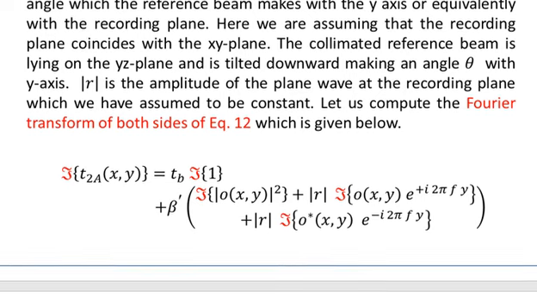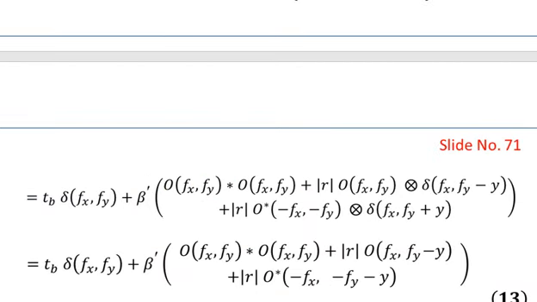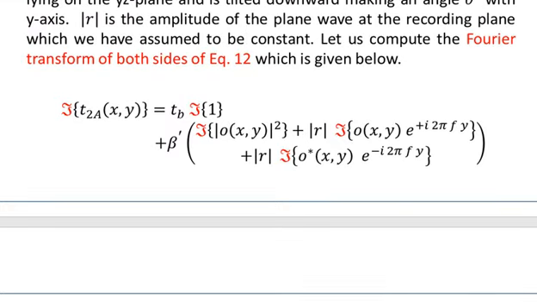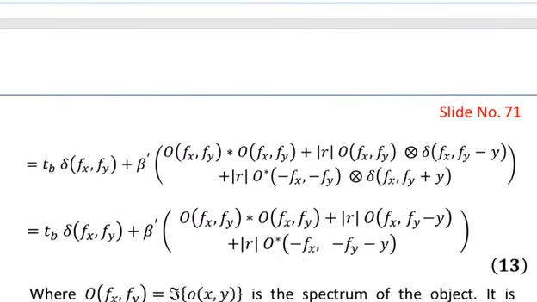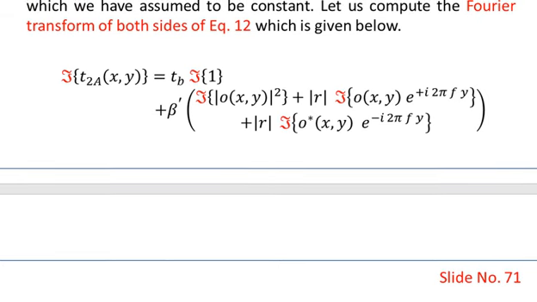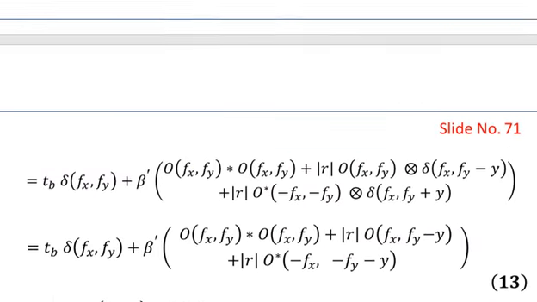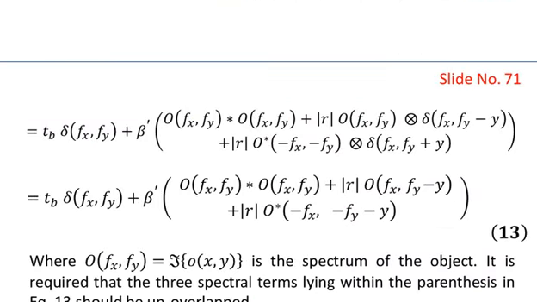The Fourier transform of 1 is actually the delta function. So delta of fx, fy is the Fourier transform of 1. And the rest of the Fourier transforms have been shown. For example, the Fourier transform of the absolute square of O is actually the autocorrelation of its spectrum values. So capital O autocorrelated with capital O in the first term, because it corresponds to the Fourier transform of the absolute square of